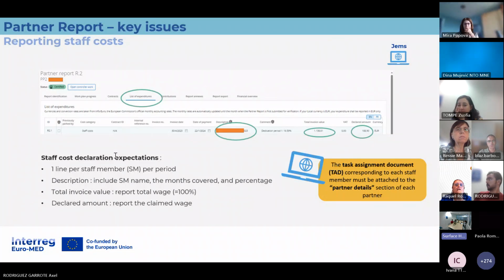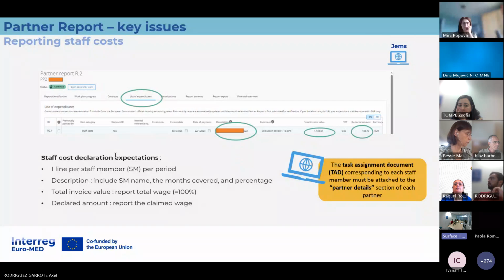For us, for the program, you have to put it always in the partner details section. And also, if requested by your national controller, you can attach it to the expenditure line. It will depend on what the national authority requires, but for us, always in the partner details section is the minimum.